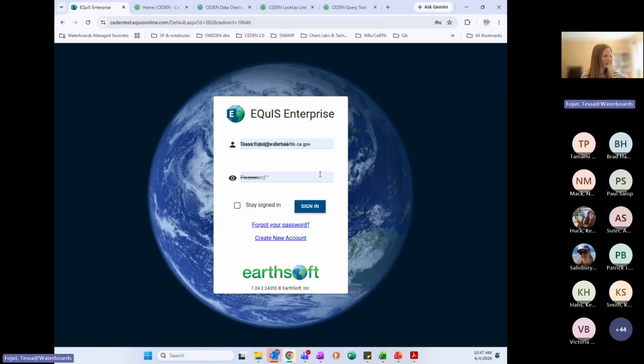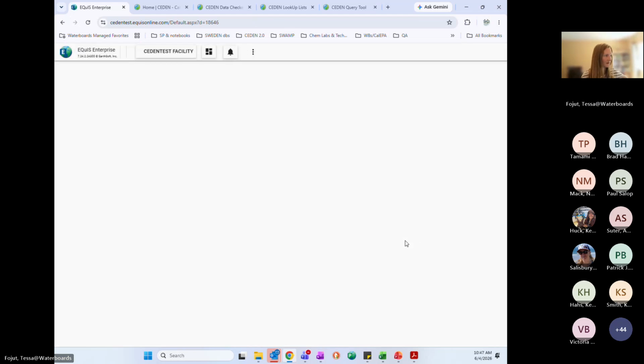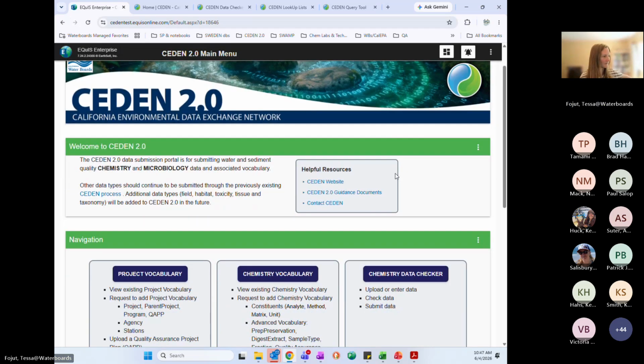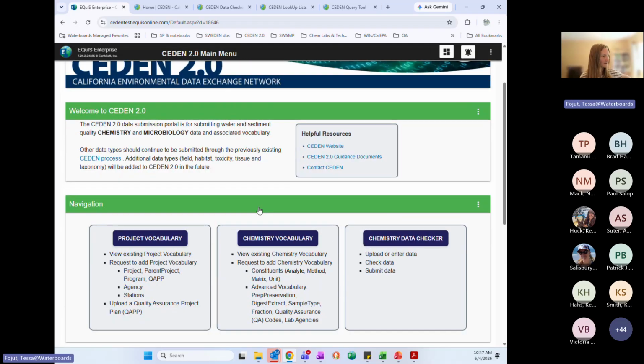So in CEDEN 2.0, there'll be a login page where you'll get your own credentials to log in. And then you'll come to this main menu, and there's basically three different places you can go in here.